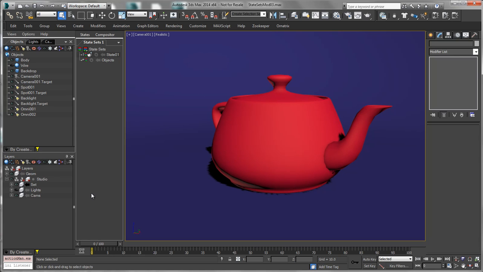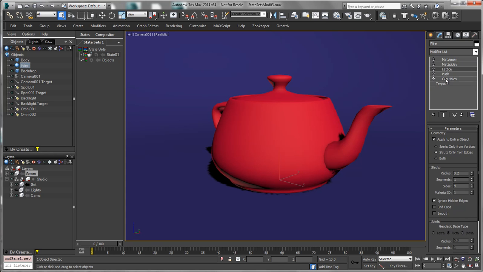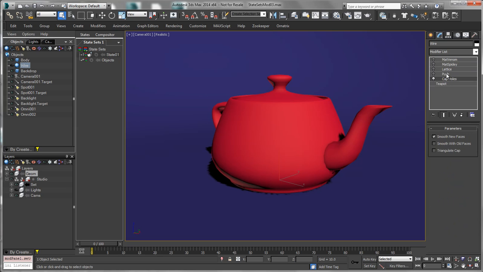So the other thing that I want to look at is the ability for state sets to track modifiers in 2014, which is new. If I go in here and I select this wire object, you can see that it has a bunch of different modifiers on it. The cap holes one should be on in the base state by default, but we have a few others like push, lattice, and let me just unhide it,